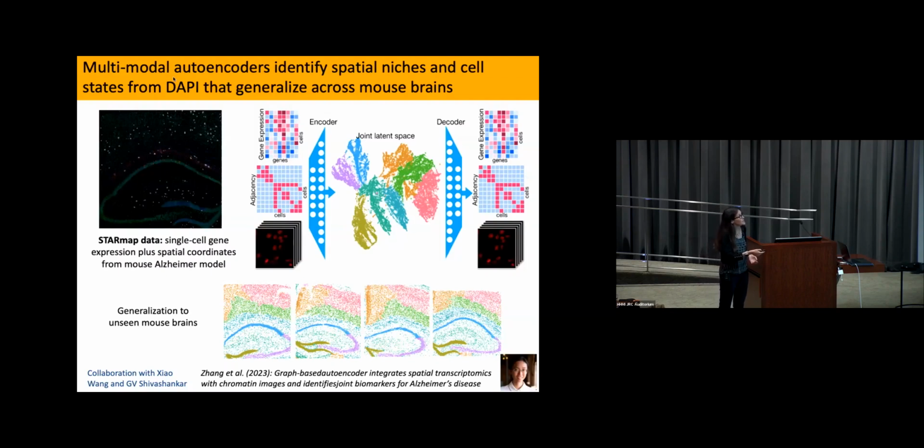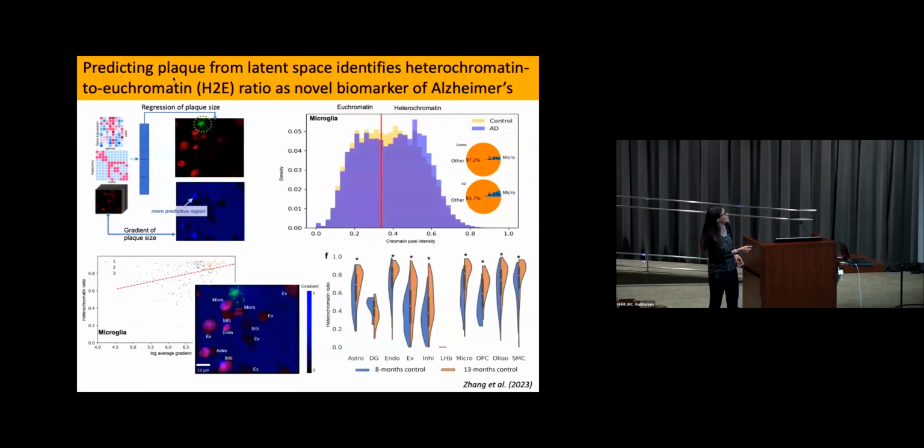So all we're going to do is, based on this embedding of the cells, we're going to predict, because that was actually also measured in the STARmap experiment, plaque inside the tissue. So we're going to have this prediction task where we have this embedding of cells, and we're going to predict from the embedding whether there is plaque nearby and how much plaque there is nearby. Okay, simple prediction task. And when you train such a prediction task in the latent space, you get back these, say, activation maps where it tells you how indicative is every one of the pixels for predicting whether plaque is